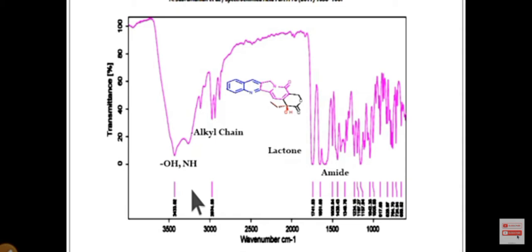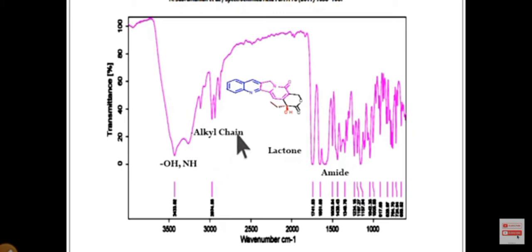Actually, in the original paper they haven't provided the image, so I got the FTIR image of camptothecin from a recently published paper in Spectrochimica Acta, 2011. So this is the FTIR of camptothecin. From this FTIR it is very clear there is a sharp stretching frequency at 3440 cm⁻¹. It confirms that there might be an OH or NH in the structure. Again there is a sharp stretching frequency at 2900.